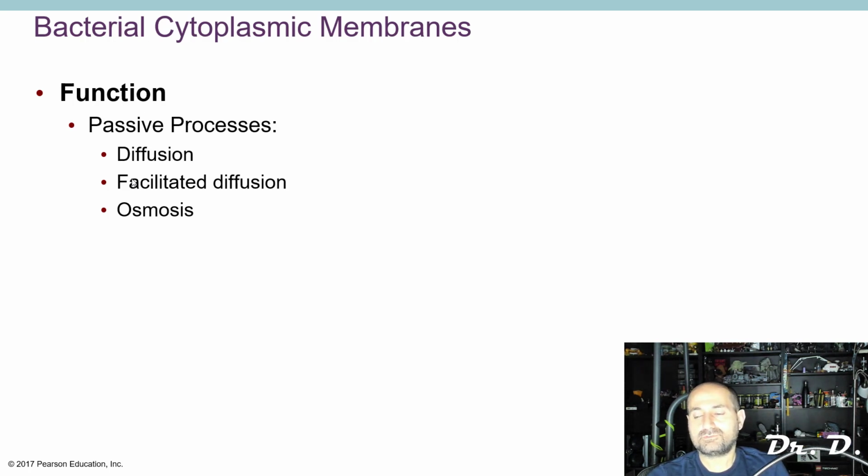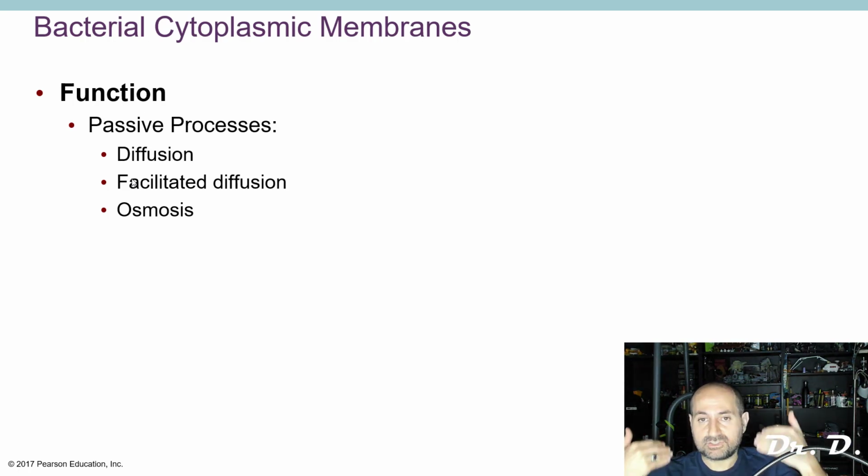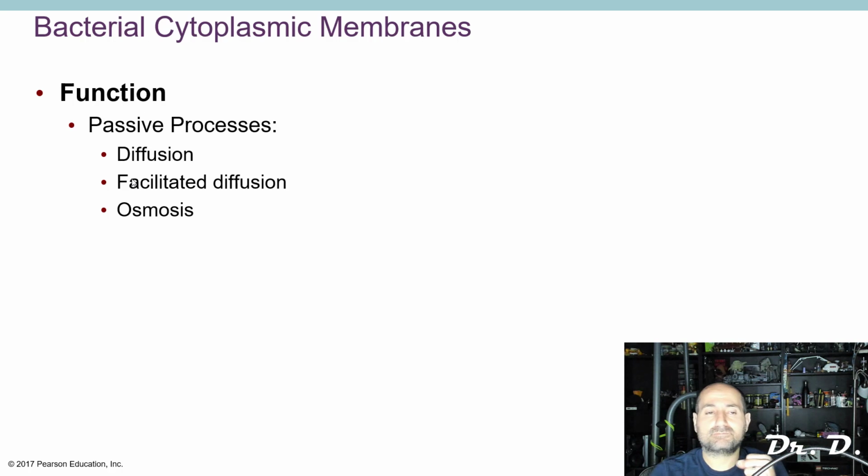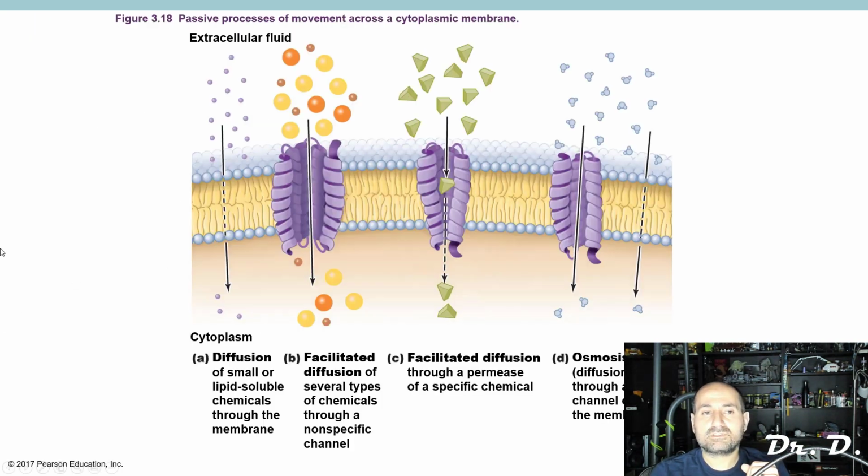Diffusion, osmosis, facilitated diffusion, simple diffusion, all of these are examples of passive processes, because energy is not required. If anything, energy is released. Did you know that? In any passive process, energy is released. It's not required. However, what if I wanted to take